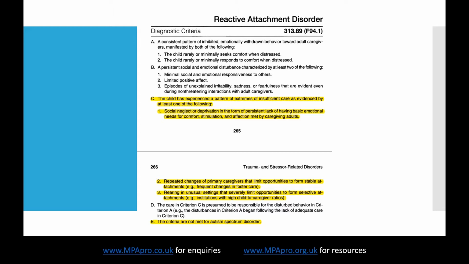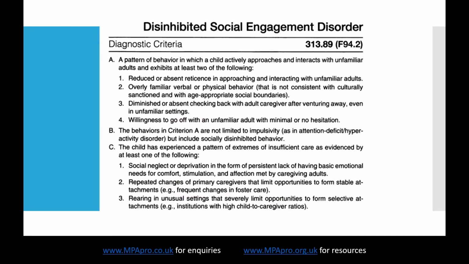And you notice here, the key point is that autism is an exclusion diagnosis for an attachment disorder. In other words, when you're looking at severely neglected children, they might have reactive attachment disorder, but they might also have autism. And if they've got autism, then you can't diagnose reactive attachment disorder. And you can only talk about this in relation to severely neglected children, not in relation to the general population of people who are just having difficulties and presenting at CAMHS or wherever for an assessment in relation to those difficulties.